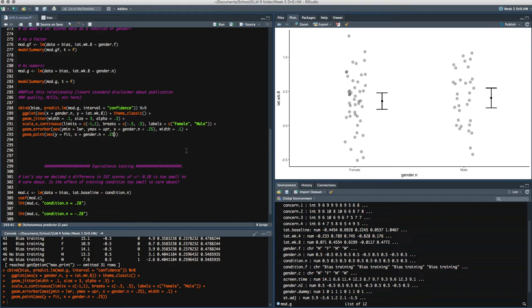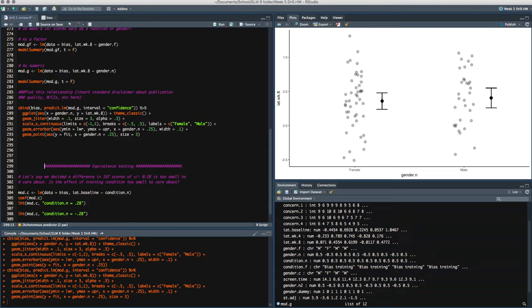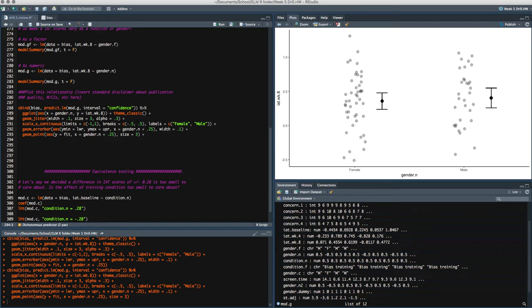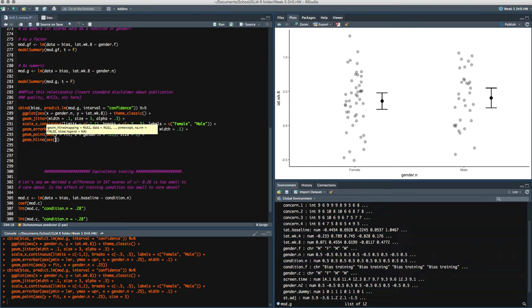Those are a little bit smaller than I like, so let me size those up just a bit and change that to like 3. Yeah, that works, good enough for that. Now I just want to add a line that represents the overall mean. So I'll tell it that I want a geom horizontal line, geom_hline. And for aes, my y-intercept equals the mean of bias,